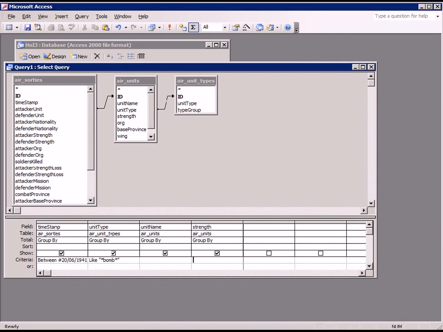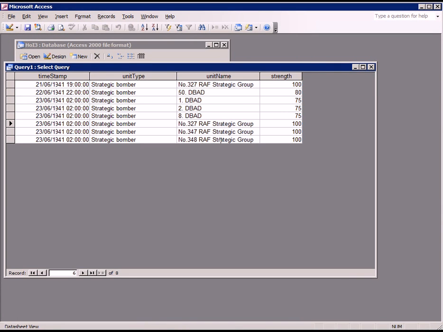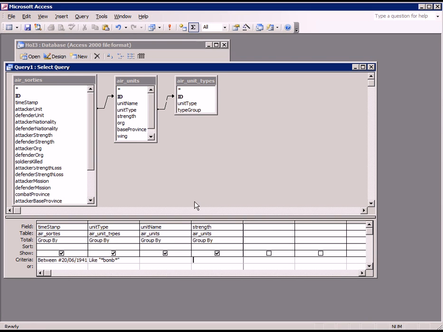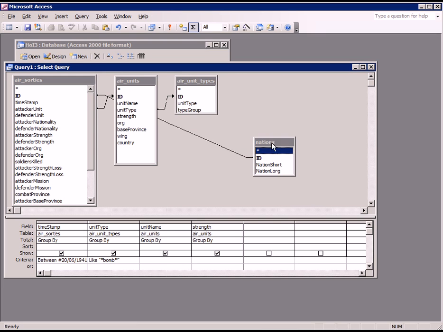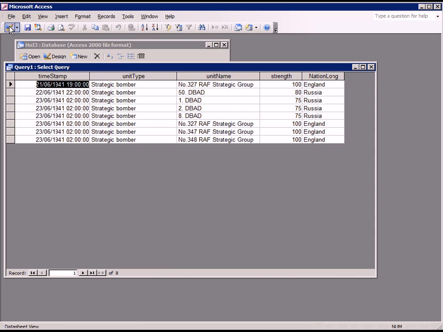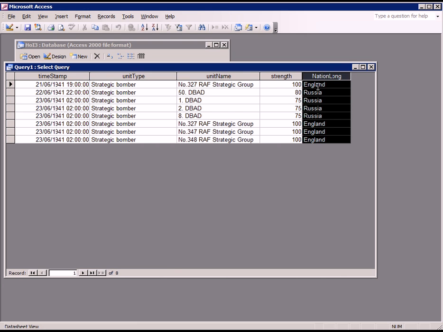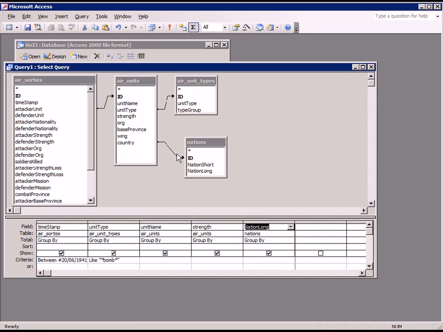But let's say we want to... You've got these few units here, but let's say this obviously is the UK. But let's try and whittle this down a bit. I've got a different table for countries in here. I think nations. There it is. There we go. You can see being attacked by Russia and England. So you can whittle. The idea is that you can whittle things down,